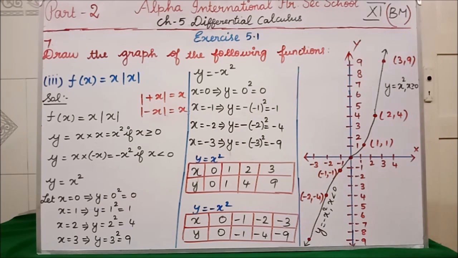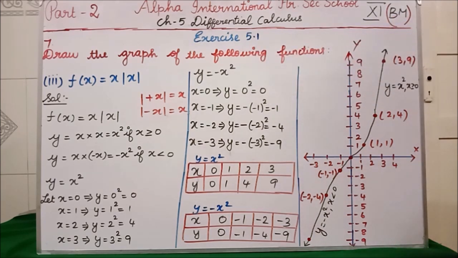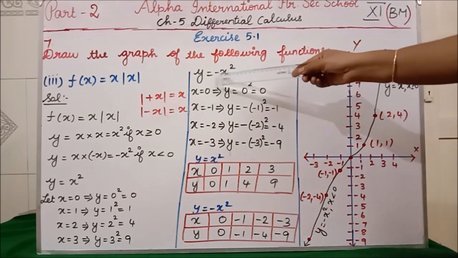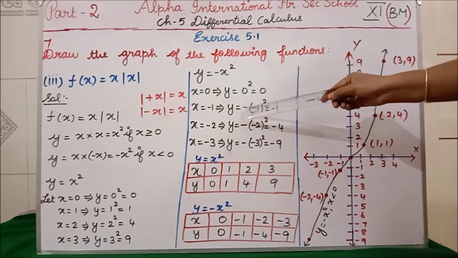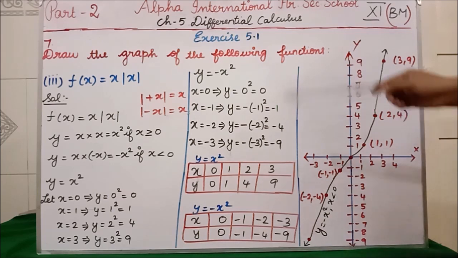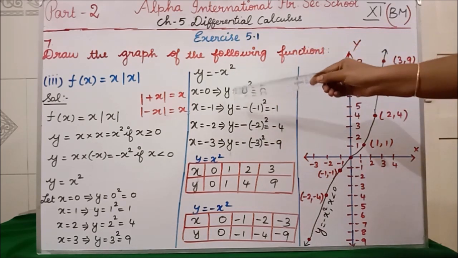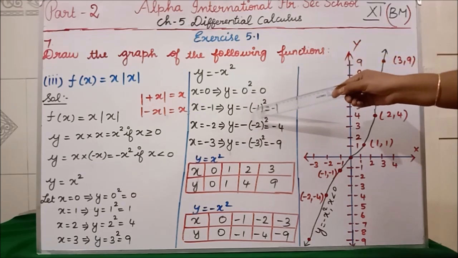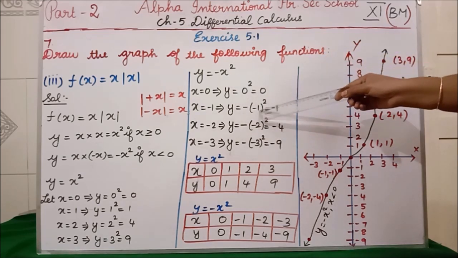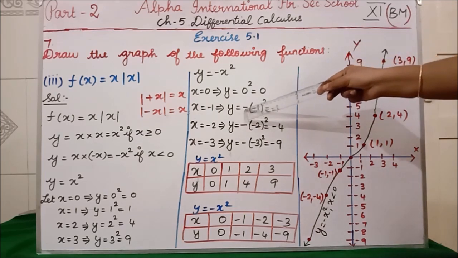x equal to minus 2, if I substitute, what am I getting? Minus 4. Listen students, here you have to listen very carefully. Here y equal to minus x square means this minus is not for the x square; that minus you have to write separately outside. If x is minus 1, you have to write this minus outside. Now instead of x we have minus 1, the whole squared. So minus 1 into minus 1 is positive 1. But outside we have the minus, so minus 1.